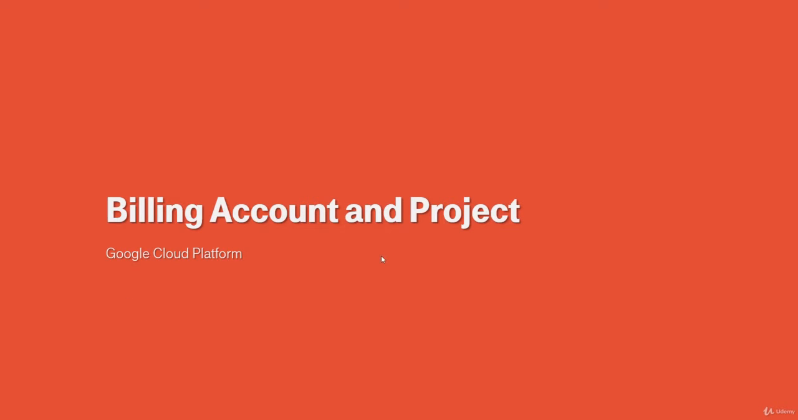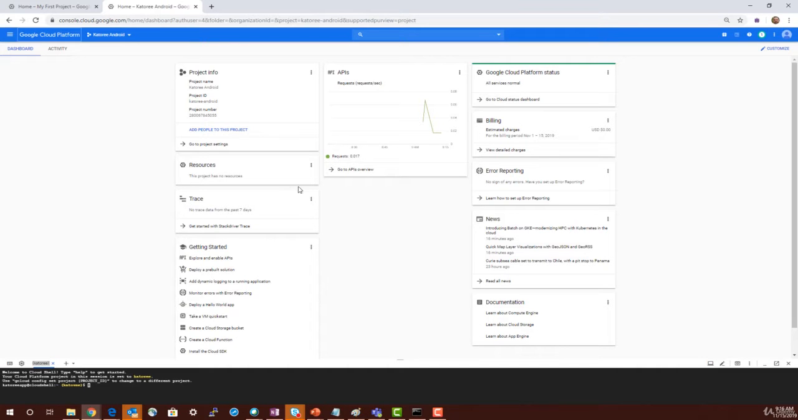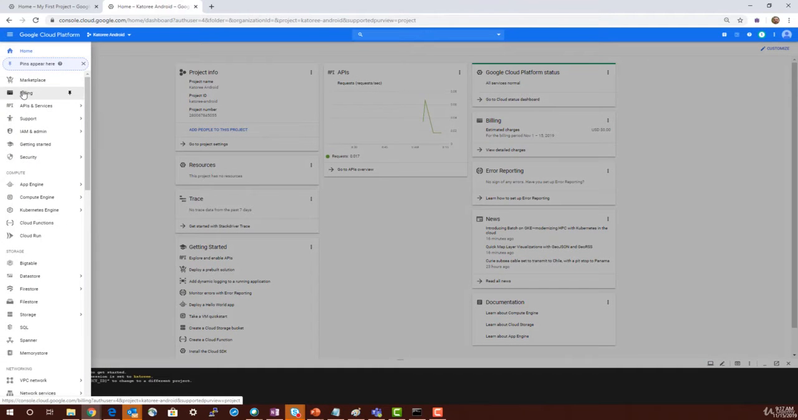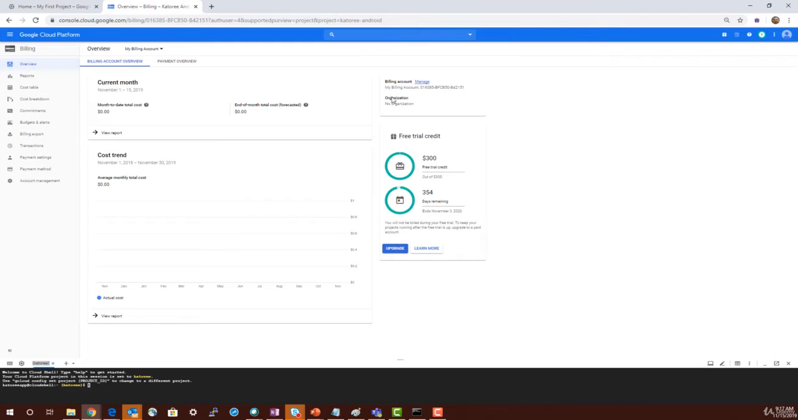Billing account and project. We already saw, or you can guess looking at the name, all the charges for your project are associated to the billing account. If I go to billing, you can find for your current project there is an associated billing account, right? If I click on manage,